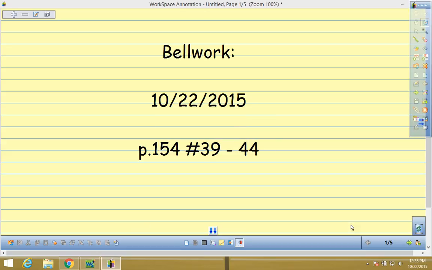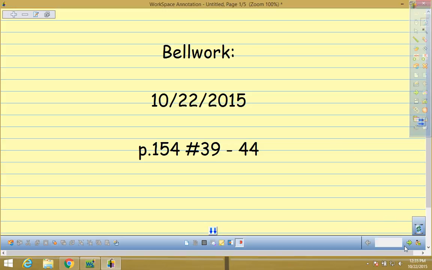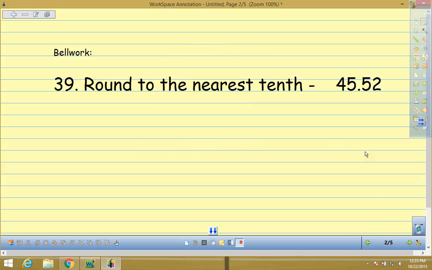Okay guys, today we're going to do the work page 154, numbers 39 through 44. I really want to focus on number 39 because we've started a unit with decimals, and number 39 specifically talks about rounding to a specific place. So on number 39 it asks you to round to the nearest